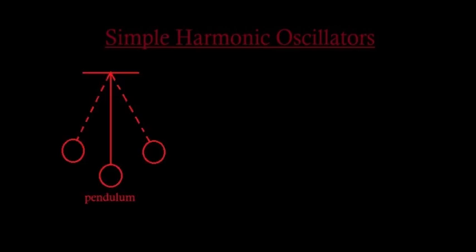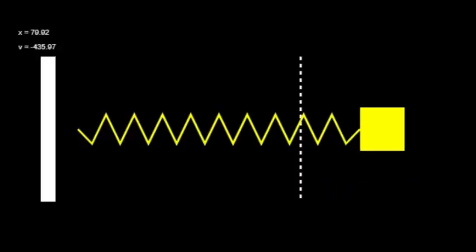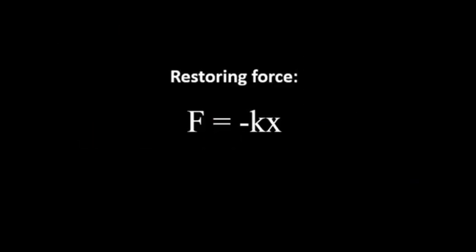Let us begin with simple harmonic oscillators. A simple harmonic oscillator, or SHO for short, is a system where an object moves back and forth around a fixed equilibrium point. The most common examples include a swinging pendulum and a spring block system. For this video, we will use the example of a spring block system, where the restoring force is proportional to